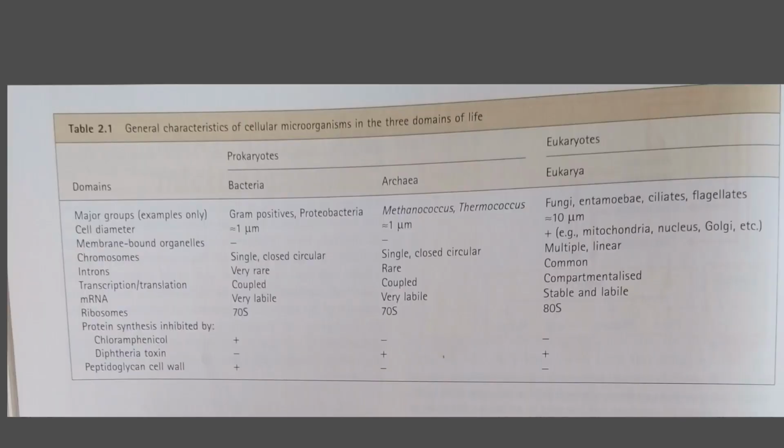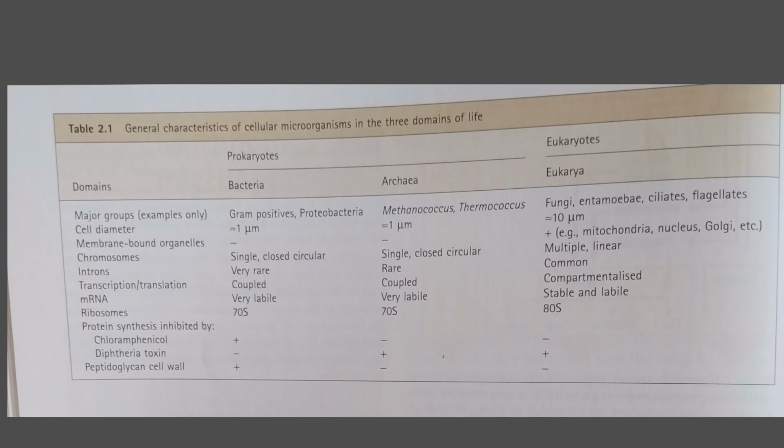Now we see the general characteristics of cellular microorganisms in the three domains of life. This is the second part of this video. This table shows the domains, the prokaryotes and the eukaryotes, and their general characteristics. First, the major groups